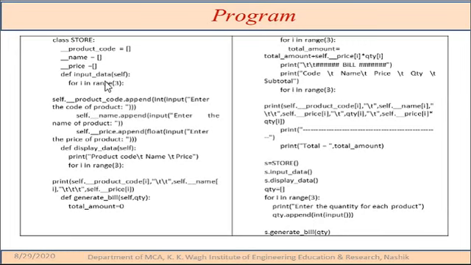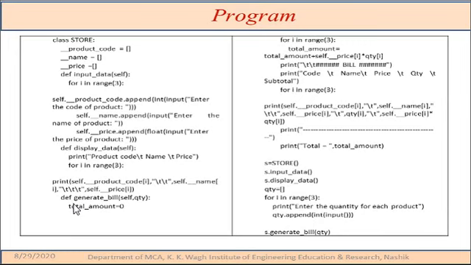With the help of a for loop I read the product code, the product name, and the price details from the users. Then I display that data. Once you read the data, the second function I have declared in the class is called display data, and I display the product code, price, and name of that product, again with the help of a for loop only.